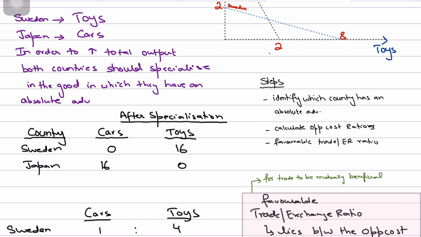Now, while calculating the rate at which this trade will take place, or the exchange ratio, we need to ensure that the rate is favorable for Sweden as well as for Japan, so that trade is mutually beneficial for them, right? Only then would both the nations gain from trade. Now, economists say, remember this and listen to this very carefully, that the trade ratio,